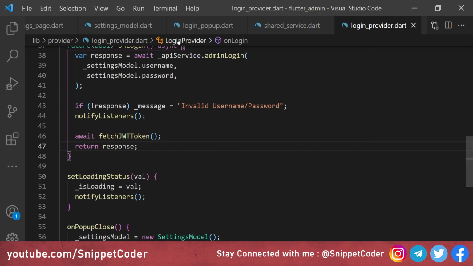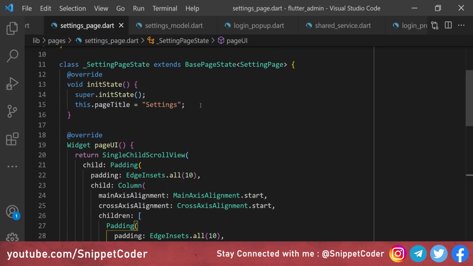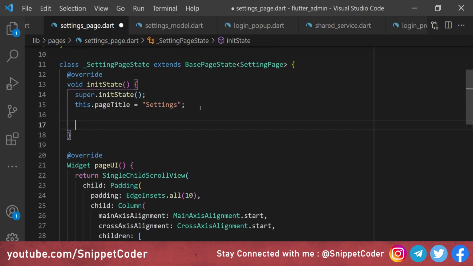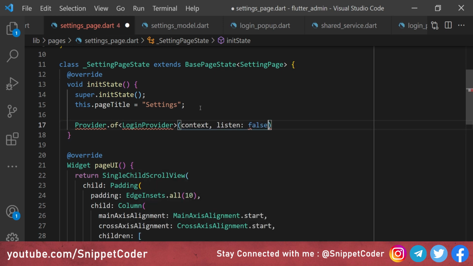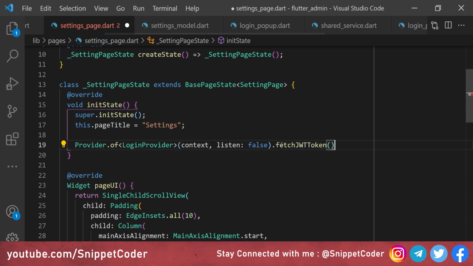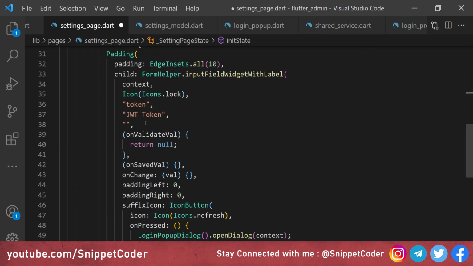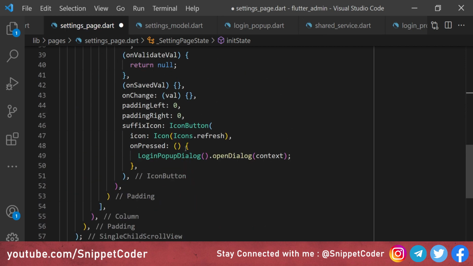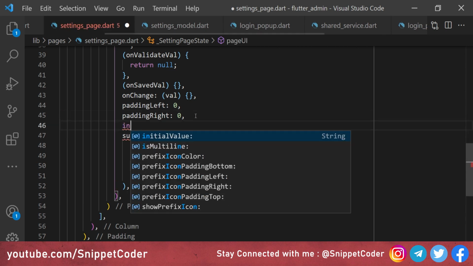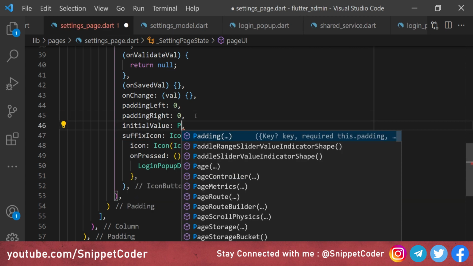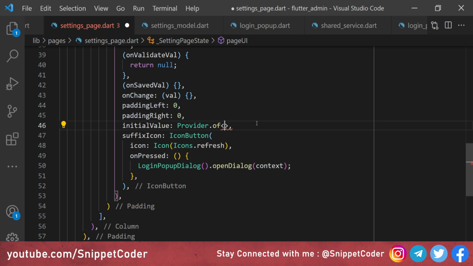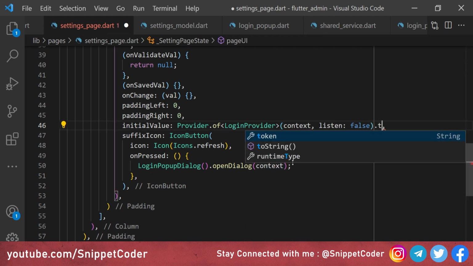So now we will go to our setting page, and in the initState we will call Provider.of LoginProvider, context, listen false, and here we will call fetchJWTToken. In the JWT token input box we have the initial value, and that value we will fetch from our provider. Here we will pass LoginProvider, and here we have the context, then we have listen false, then we have the token here.